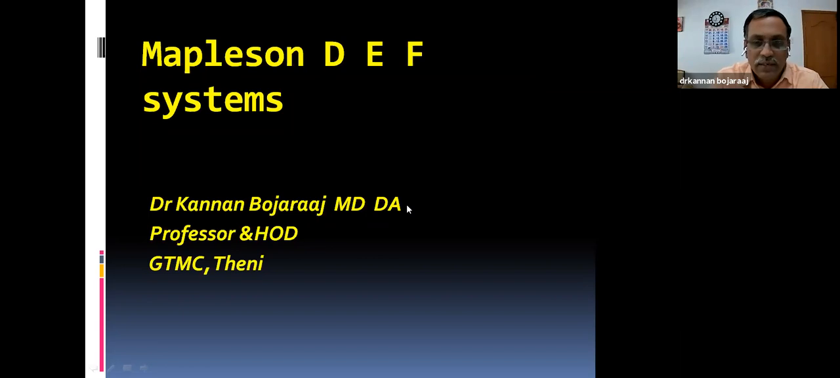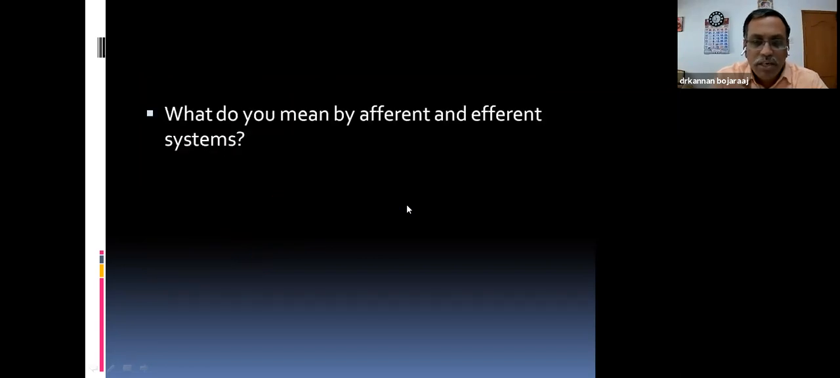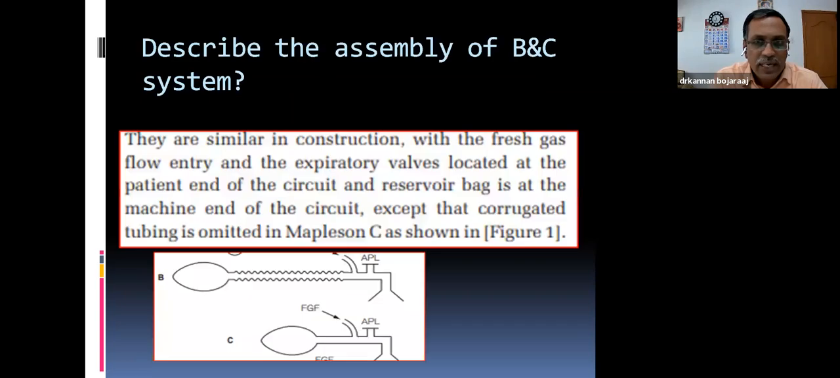Now we go to the slides. What do you mean by afferent and efferent? I have already told about this. And describe the assembly of the B and C systems. Mapleson B and C are not routinely used now. It is not in common usage. This is the fresh gas flow inlet, and the APL valve is at the patient end of the tubing, which causes complex mixing of